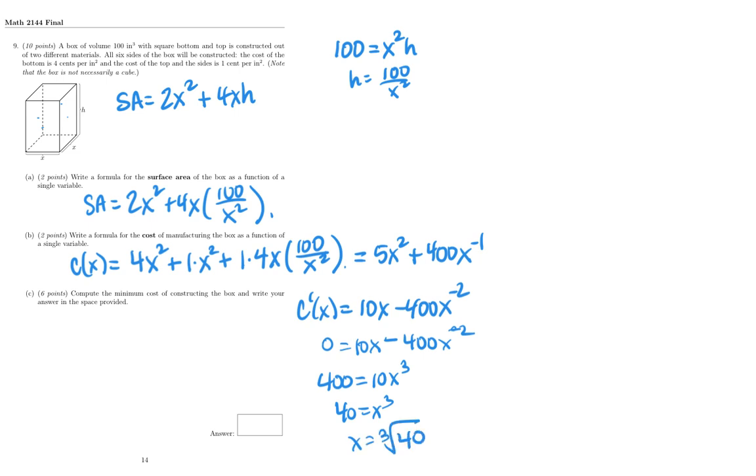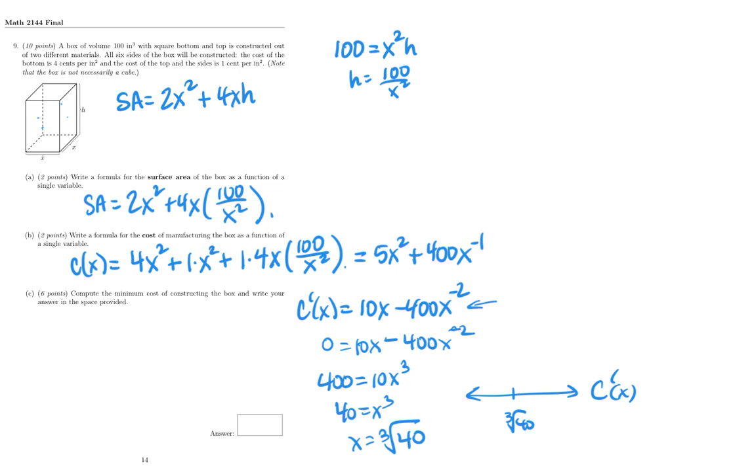And so I need to figure out if that is actually a minimum or not. So I'll put that on my number line. And I can compute a number smaller than cube root of 40. I don't know how big the cube root of 40 is. It's about 3.41. Okay, so if I plug in, I want to plug into my c prime